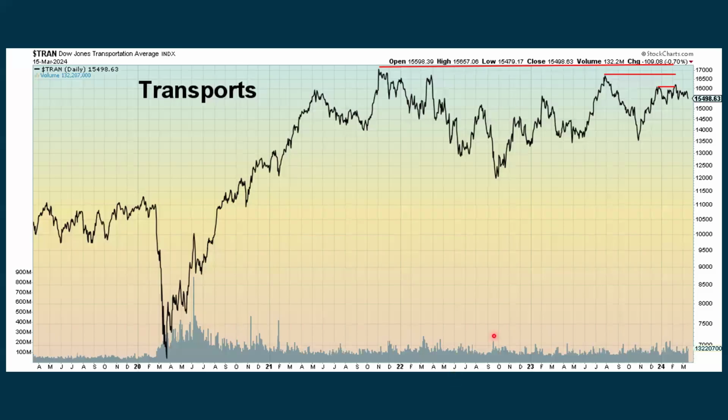Here's the transportation index itself, which just is going sideways. I keep hearing, watching different videos and reading things saying that, well, this area of the transports is looking strong and this area is looking better. But it's not coming through to the Dow transports index that we follow here. We want to see this turn and go up. If this really was to catch fire and really start to go higher, that would be more positive for the